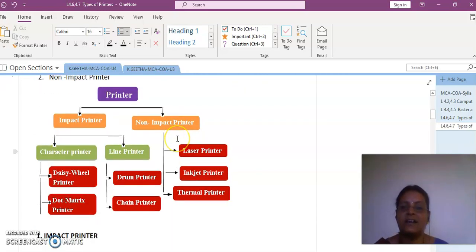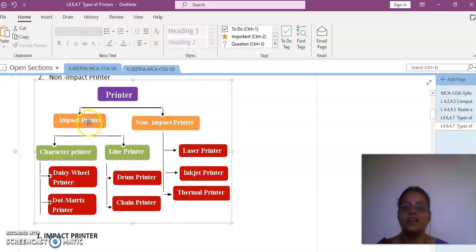So we will now see the general classification of the printer as seen in this diagram. We have a printer, one is called impact printer, then non-impact printer. Coming to this impact printer, it is again classified into two categories. One is the character printer, another one is the line printer. In the character printer, the printer is going to print out the output character by character. Whereas in the line printer, the printer output will be generated as one line at the same instant. Usually, the line printer will be faster when compared to the character printer.